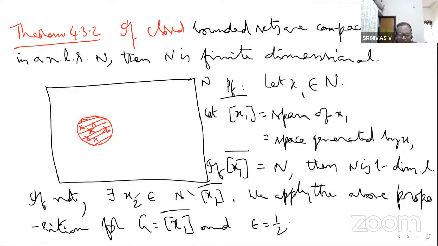Now where does this x2 lie? Your x2 lies here. This is x2. x2 is in the complement of this span closure in N, so x2 is in N minus the closure of span of x1. This is x1. Right, now what does our proposition give? The proposition gives that there exists an element for this epsilon. If you take elements in G, if you take elements here in this, and you take the